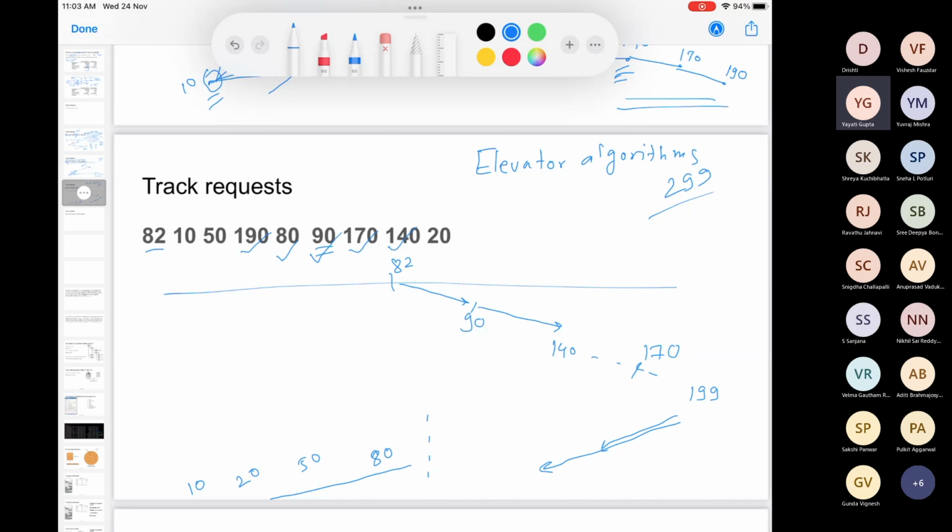So sorry, 297. 290. Okay, something around 297 or 298. Right. It's fine. Something along these lines, right? So it is still greater than your shortest seek time first, right? But again, it won't have any problem of starvation. Right?